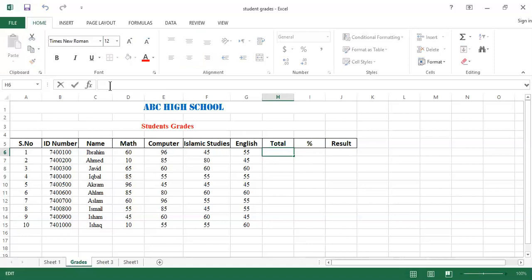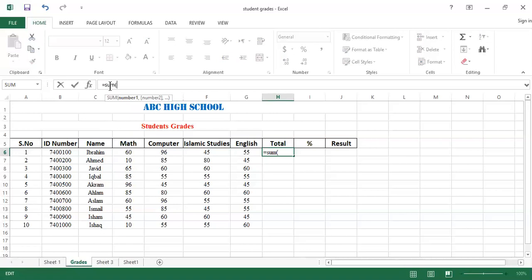Here I will write the equal to sign, and in Microsoft Excel the SUM function is used to calculate the total values or total marks. Whatever arithmetic values you want to calculate, you will use SUM, and after that you will insert a small bracket and then mention the starting cell address.